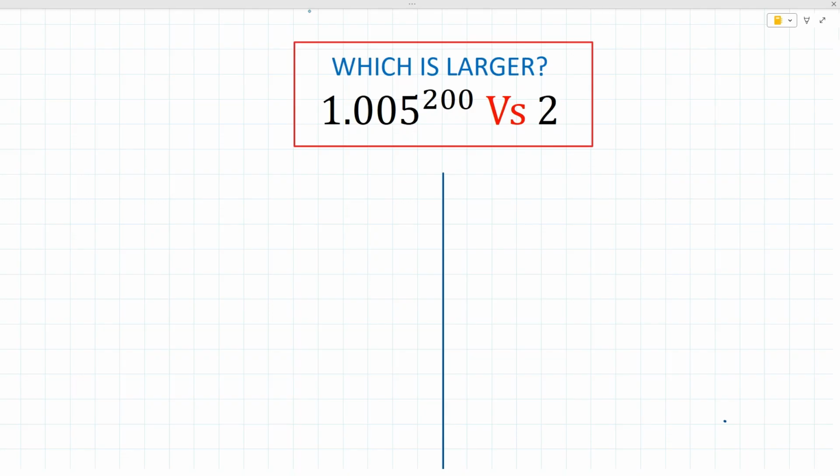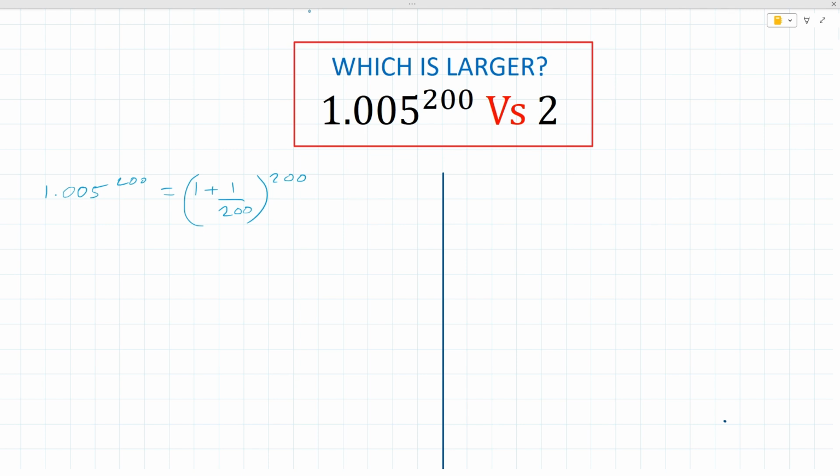So to compare these numbers, we're going to use mixed numbers and fractions and some smart little expansions. So I'll propose this to you. If we were to rewrite 1.005 to the power 200 as (1 + 1/200) to the power 200, and this is because 0.005 is equal to 1 over 200. So what we can simply do is to chop it up and say it's (1 + 1/200) to the power